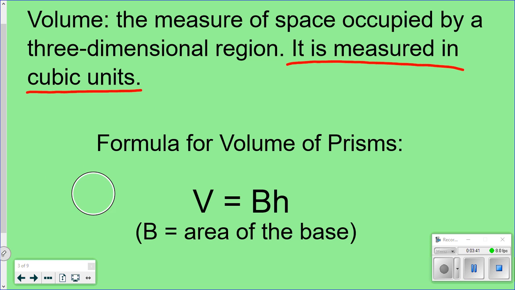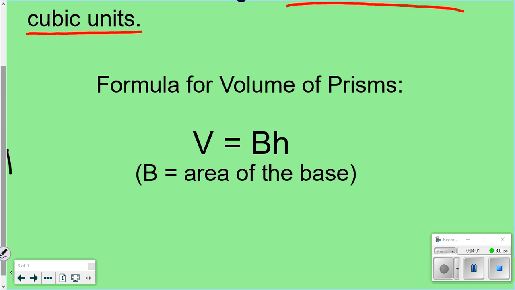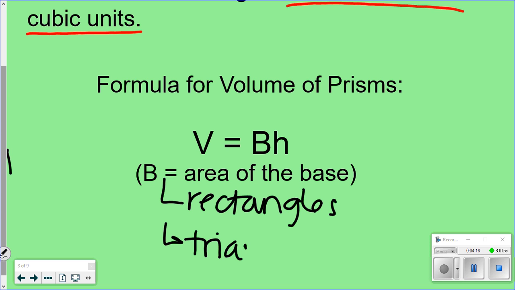The other thing I need to talk about is the formula. Every single prism, no matter what it is, whether it's a rectangular prism or a triangular prism, has the same formula right here. Volume equals B times H. Now B is capitalized. It means the area of the base. So think about what kind of bases we can have today. We can have rectangles,